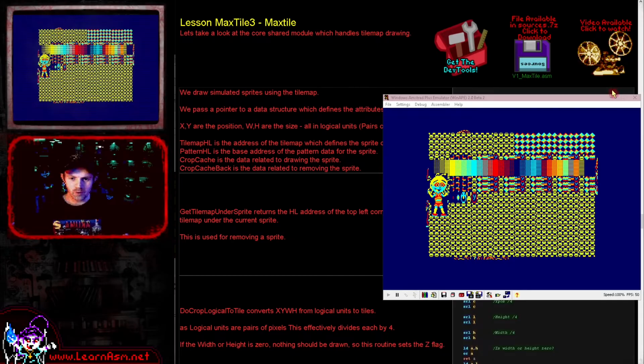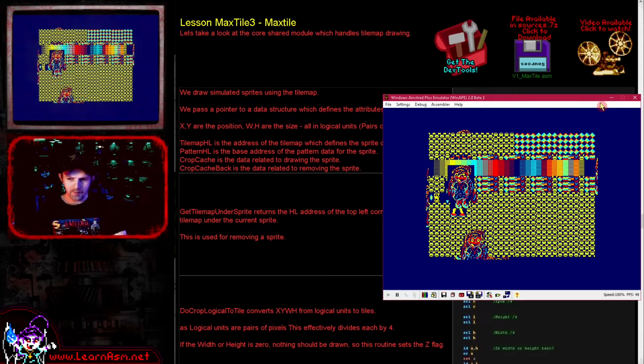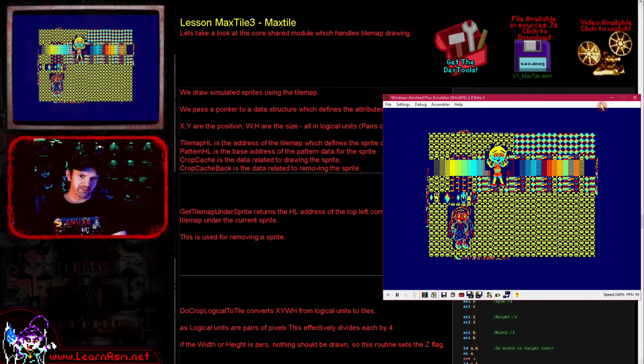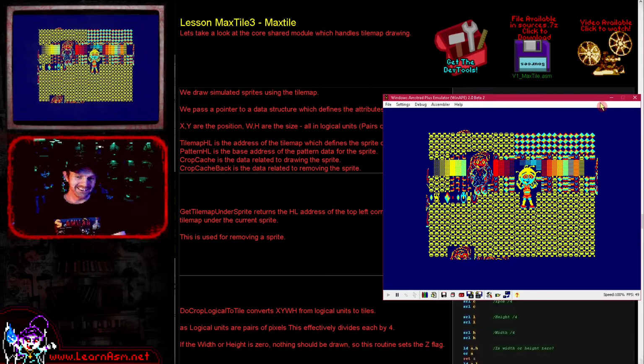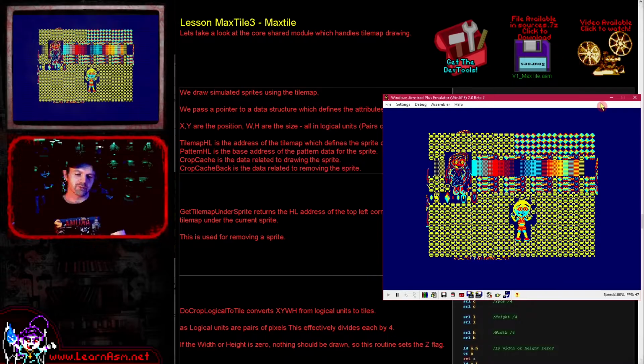What is Maxtile? Well, it's what you can see here. I did a previous example called MinTile, which was a simple multi-platform tile map. This allowed for XFlip, and it allowed for tiles basically, and simulated sprites using miniature tile maps. Maxtile is the successor. It also uses miniature tile maps for simulated sprites, but this time, as well as XFlip,